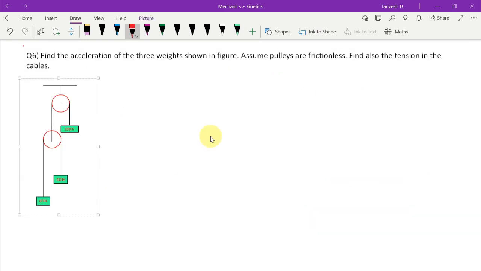Okay, so we need to find the acceleration of the three weights as shown in the figure. Assume pulleys are frictionless. Find also the tension in the cables, right? So